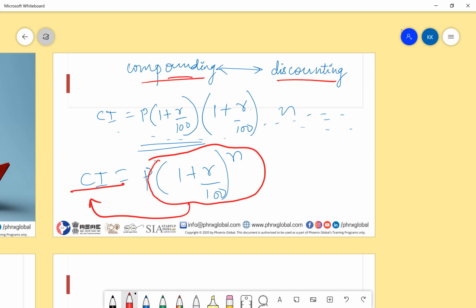In basic terms, these are like addition and subtraction, exact opposite to each other. So when something increases year on year, it is known as compounding. When something decreases year on year, it is known as discounting, in terms of money. Also, what I initially had said is R is the rate of interest per annum. Now what if we have to compound it half yearly? What if the bank that has given you a loan charges you on its loan half yearly? What you will do is replace the R part.